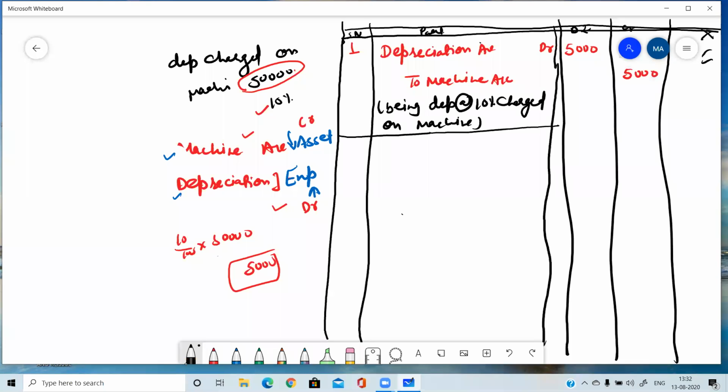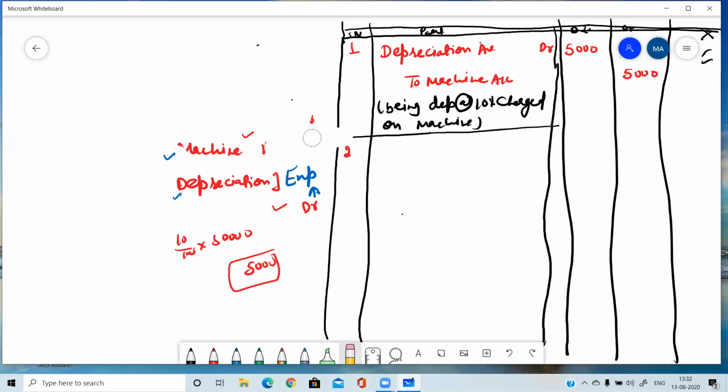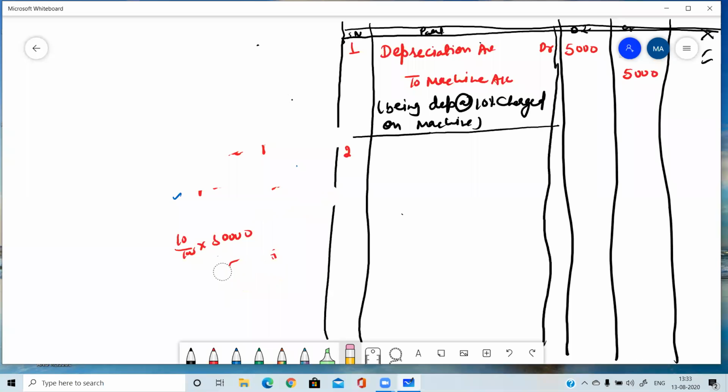Amount वाले column को आपने block नहीं करना है. Okay. Next transaction. Now try to understand the next transaction. Write down the next transaction, that is rent outstanding of rupees 800. Which two accounts are involved there? Yes, rent outstanding 800. Which two accounts are involved in rent outstanding? Please tell me.